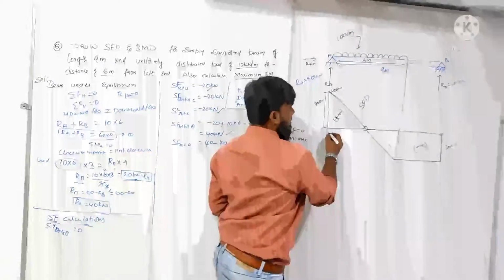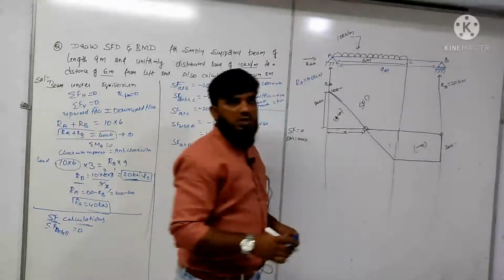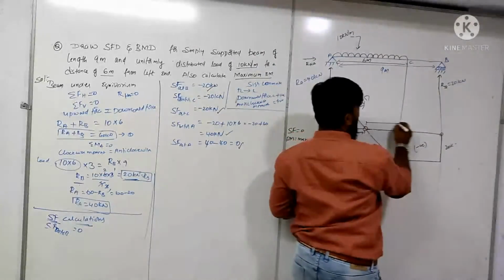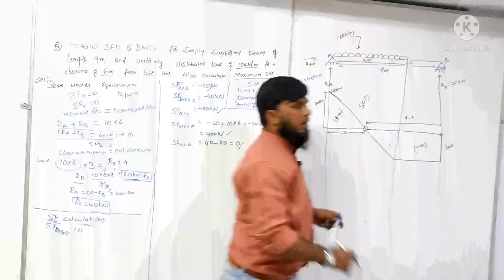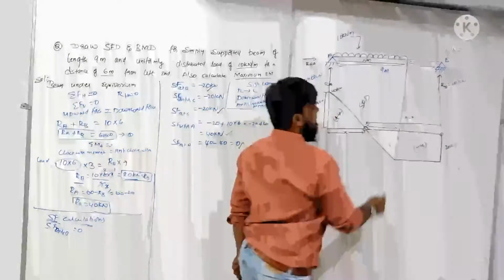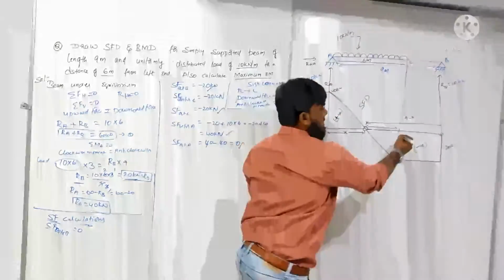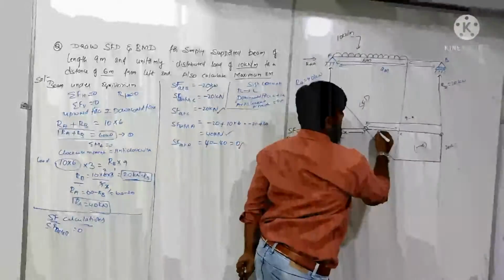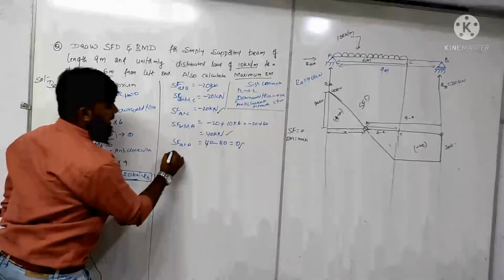Let us take from the left corner, it is at a distance of x units because I don't know the distance. So if this is x, what will be this distance? 9 minus x. Correct? So if this is 9 minus x, what will be this distance? This is x. Total is 6 because from point C, this is point C now. So till point C the distance is 6 meters. So obviously this is 6 minus x. Correct? Now let us calculate shear force.